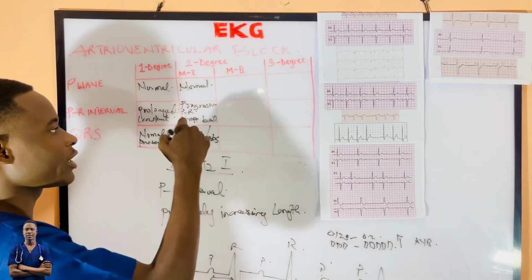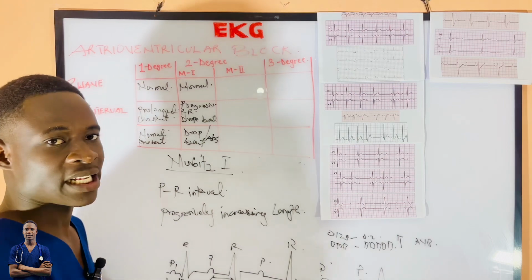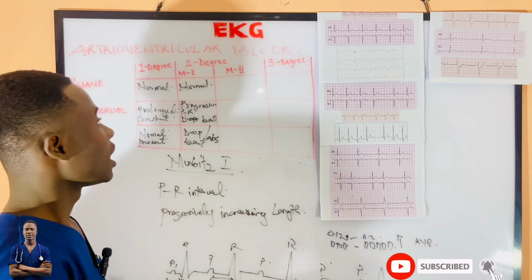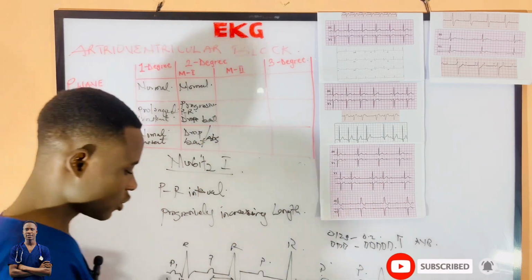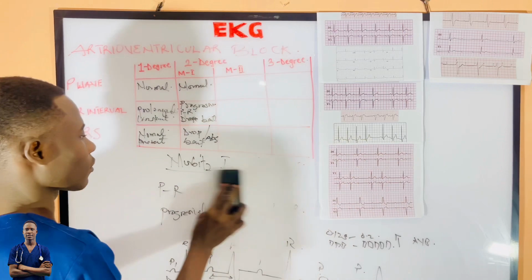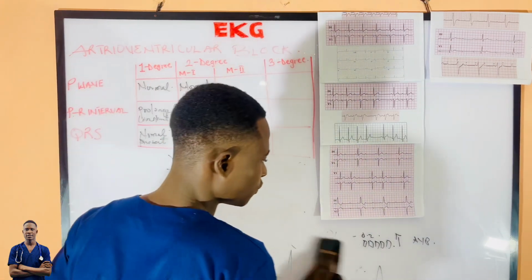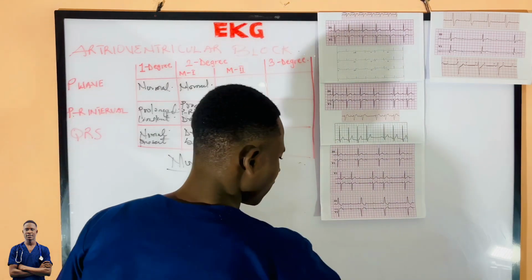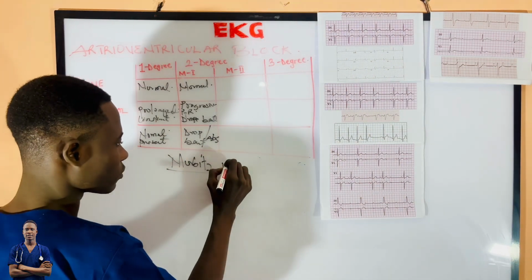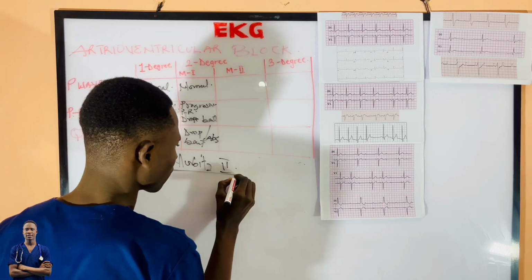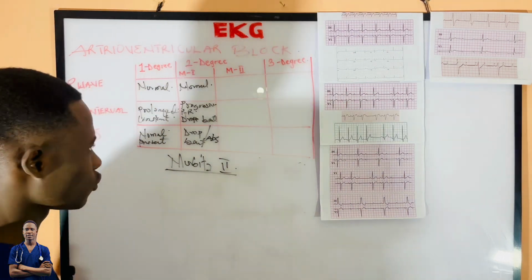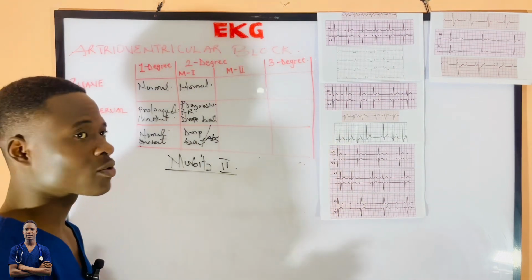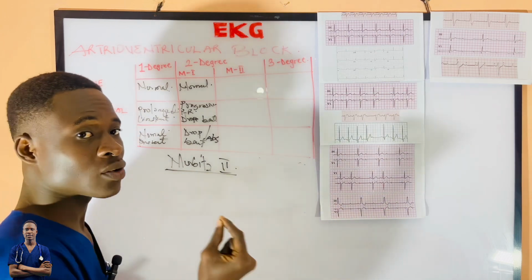Please don't forget the progressively increasing in the length until there's a total blockage, which brings a drop in beat. Now let's go to the Morbius 2. For the Morbius 2, it is also the same as Morbius 1, but there's a little difference